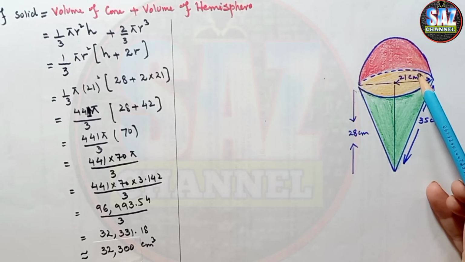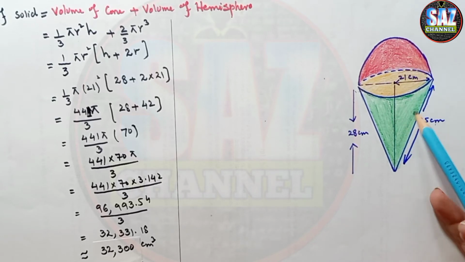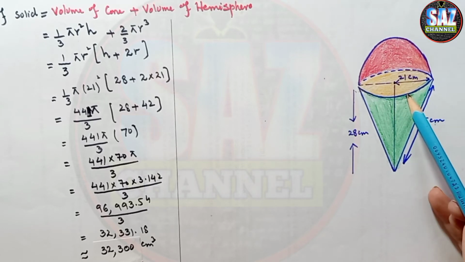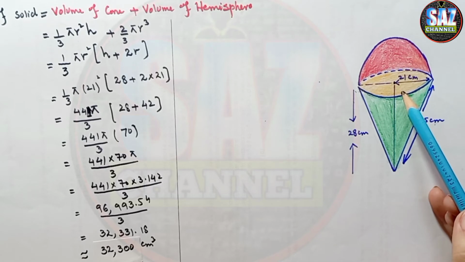Okay, now which surfaces will be taken for the calculation of the total surface area? If we recall the previous lesson, we discussed that all those parts of the solids from where the shapes are joined together, or the hollow parts of that solid, or the parts of the solid which are not in touch with other surfaces, their areas will not be calculated. This is an important technical point.